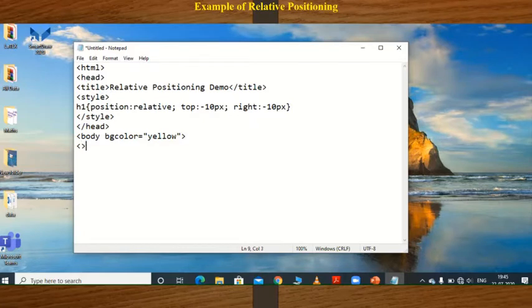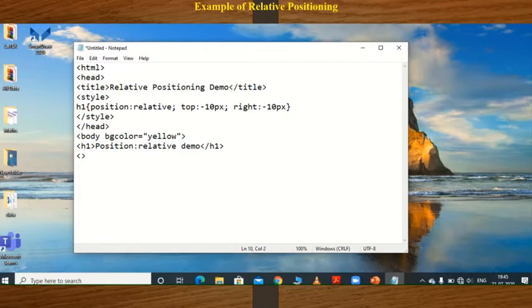Next I want to use the h1 tag and type one text, that is position colon relative demo. Then close the h1 tag.